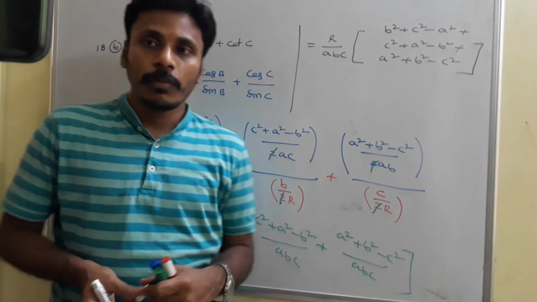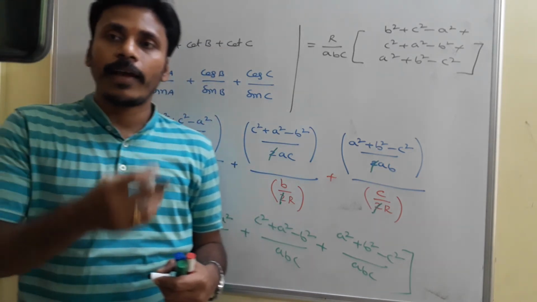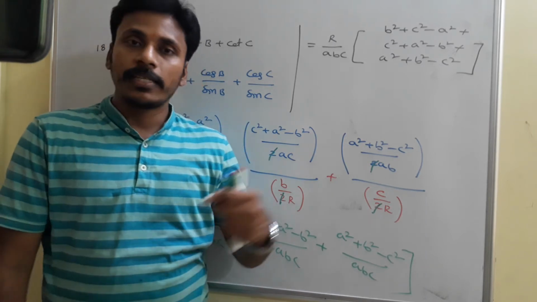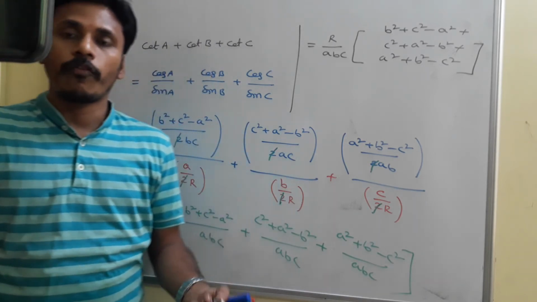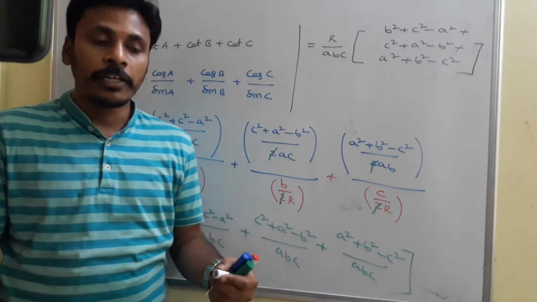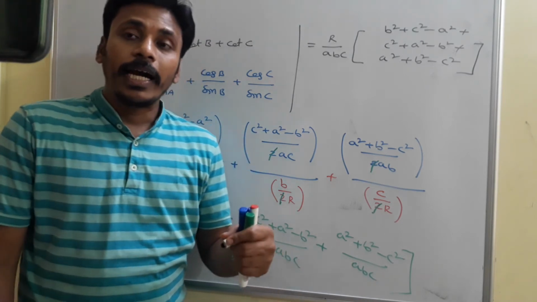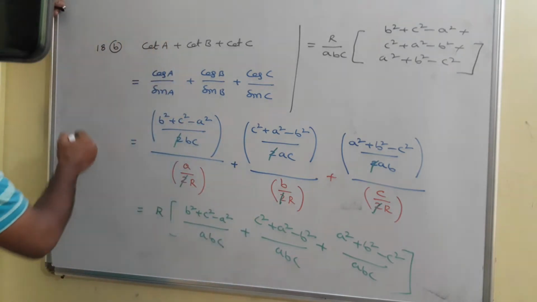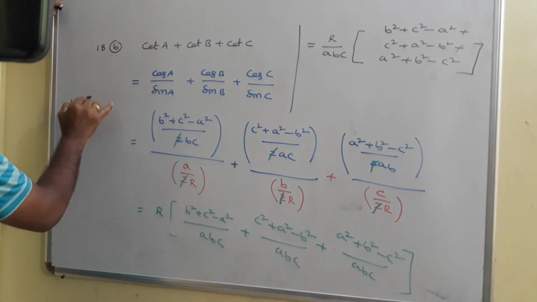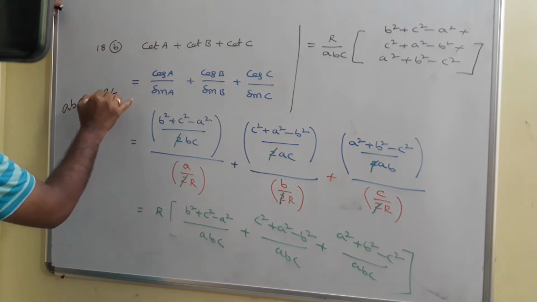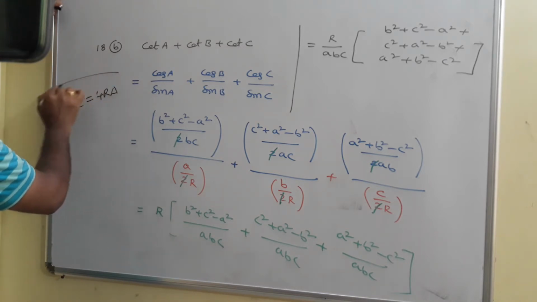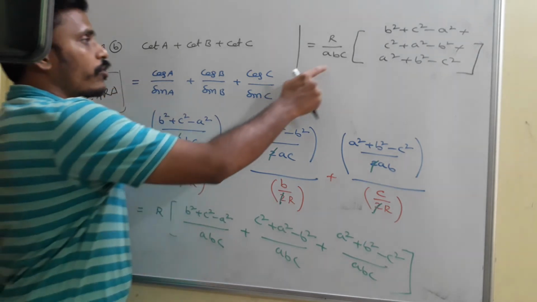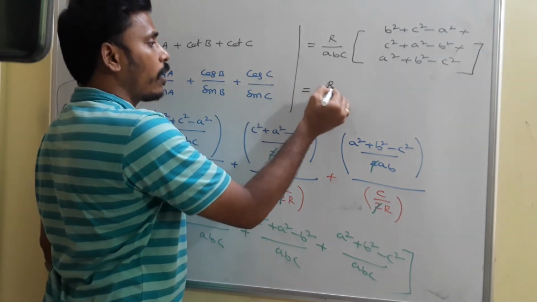See, in the last class, maybe in the 16th point, we derived different ideas for the area of the triangle, delta. Delta is equal to half BC sin A, half base into height. In a similar way, I mentioned there that ABC is equal to 4R delta. I am just revising that. ABC is equal to 4R delta, so delta is equal to ABC by 4R. This idea we need to use. You just replace this ABC with 4R delta.